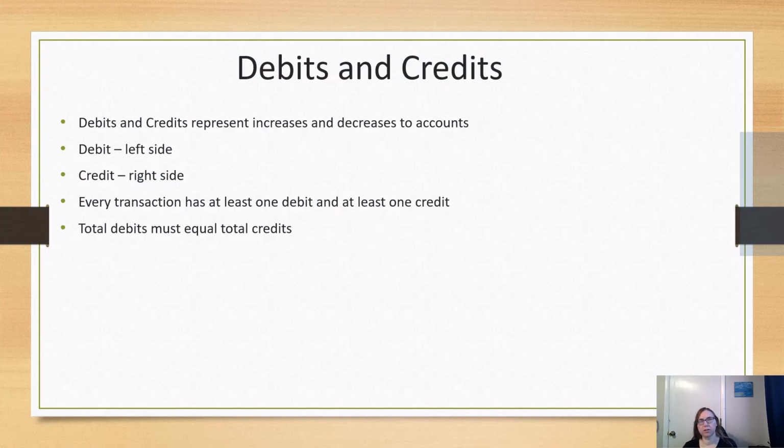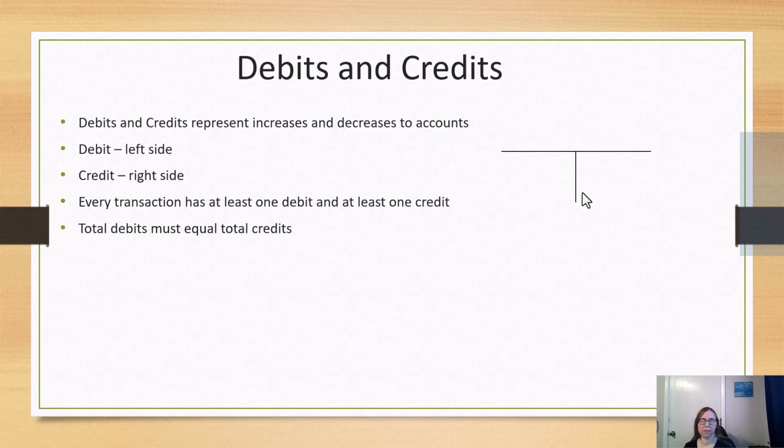First, we're going to go over debits and credits. These represent increases and decreases to accounts. A debit is simply an entry on the left side, and a credit is simply an entry on the right side. And when they say left side and right side, if you see that in a textbook or on a website, what that means is the left side of a T account and the right side of the T account. So if you were to do an accounting class at a college or using a textbook, you would probably learn T accounts. It's basically just like a ledger for each account,